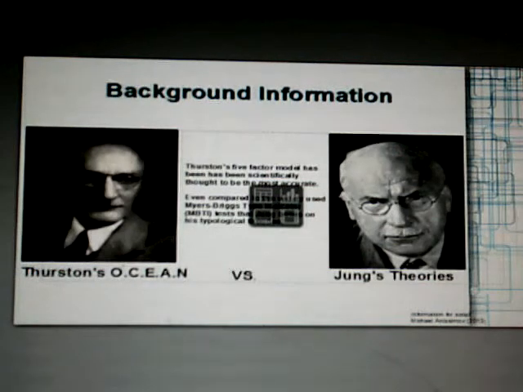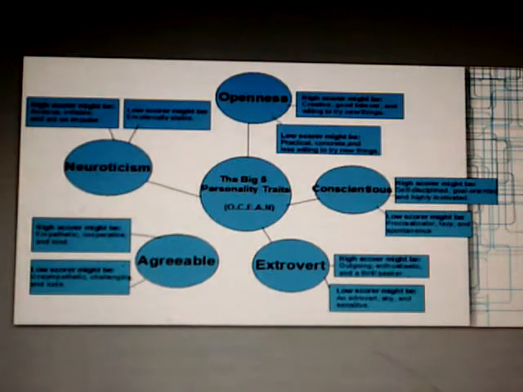Furthermore, the 5-factor model was created by using lexical analysis, analyzing 17,593 personality describing words, which were reduced to 4,504 adjectives, then just 171. In the 1940s, 16 major factors were isolated and considered the most important, and in 1961, it was trimmed down to just 5. OCEAN. Now for the concept map.